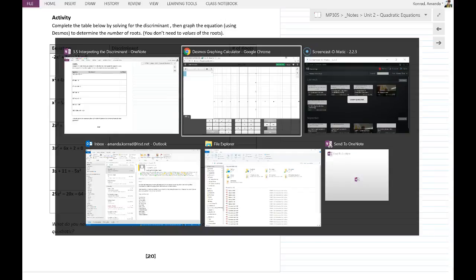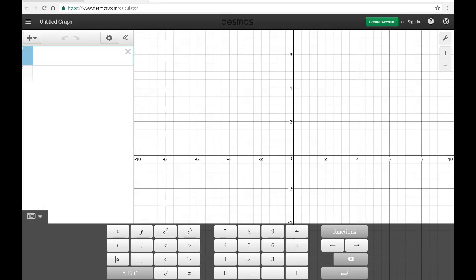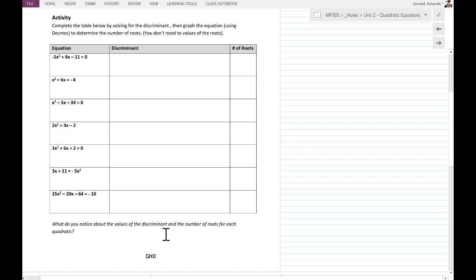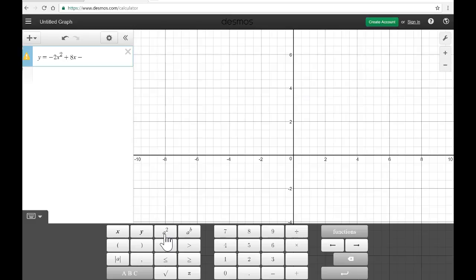So what makes that different? Well, I'm going to start with y equals. So again, you can do this by typing if you are on a computer or by using the keypad that's on the screen. So we've got y equals. Now I need to enter the rest of it. So it was minus 2x, and then this a squared button on the left-hand side, that's going to be what I use to put in the square piece. That was plus 8x, and I just need to check again, minus 11